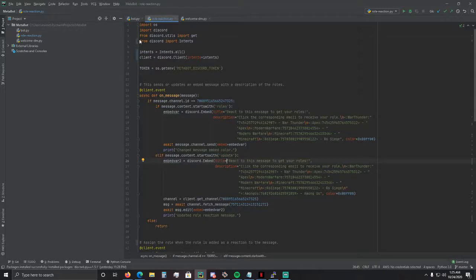So the change here is they added intents. You have to do that now if you want to get member stuff. So from discord import Intents, intents equals Intents.all, and then for your client, client equals discord.Client, intents equals intents. And then to set that up,